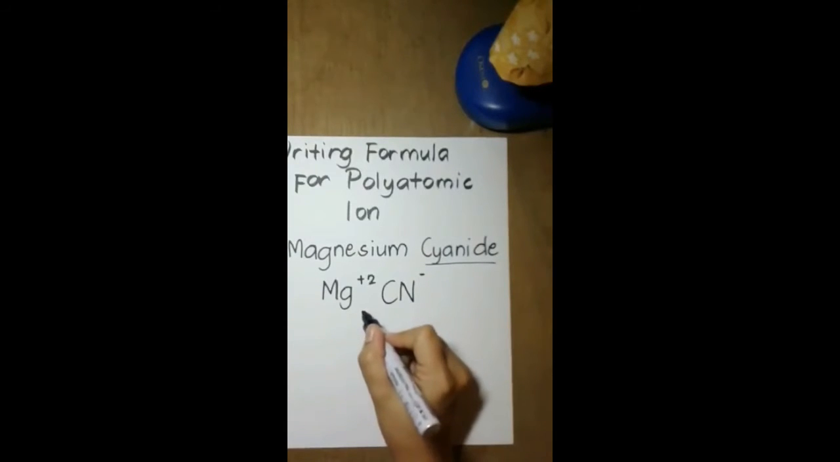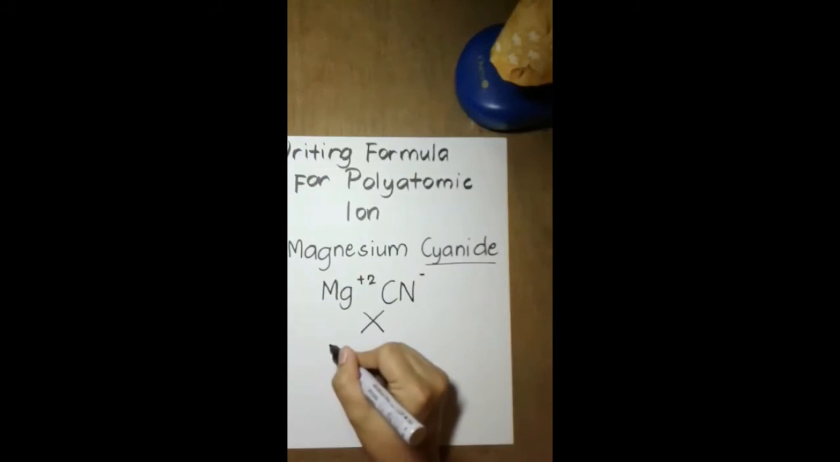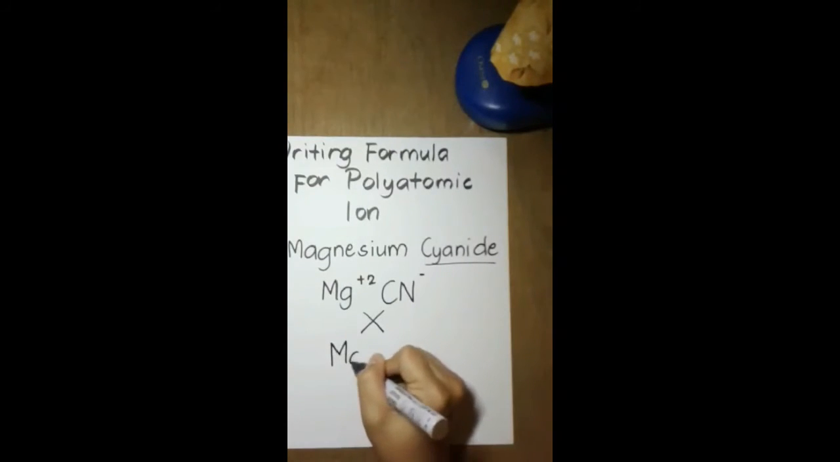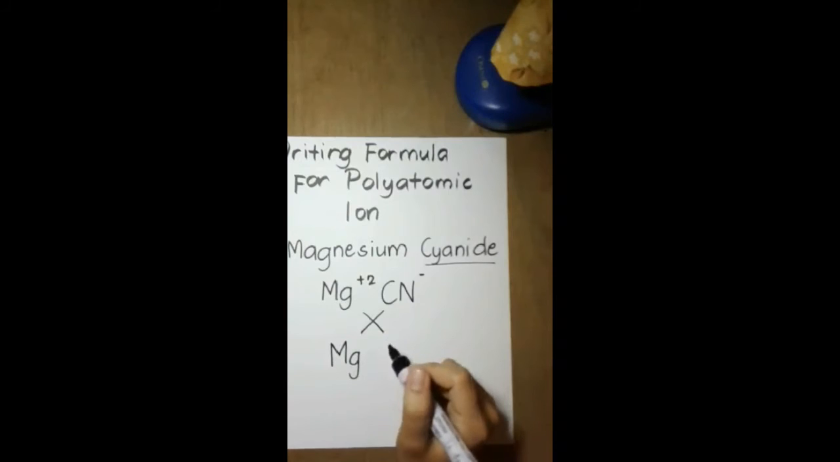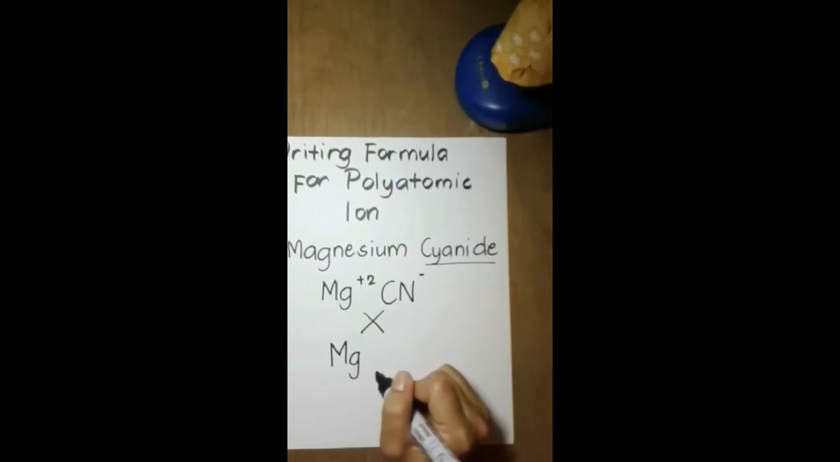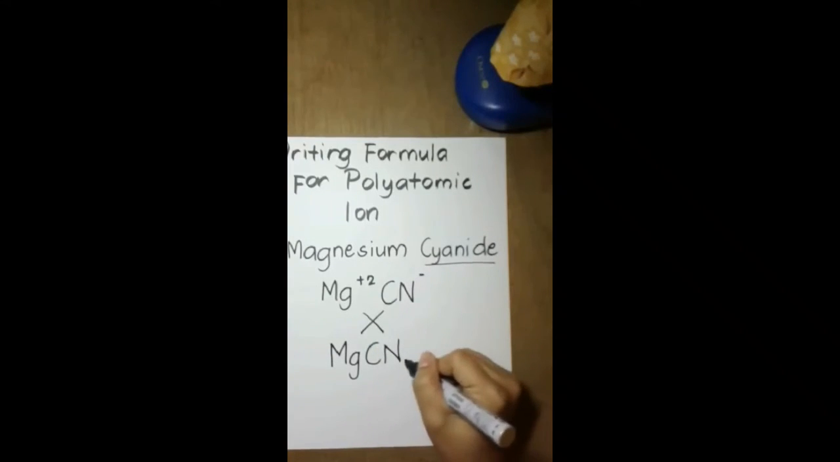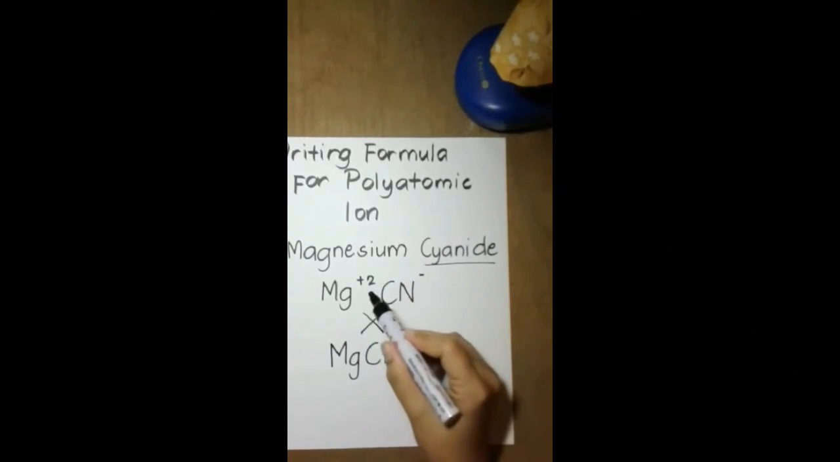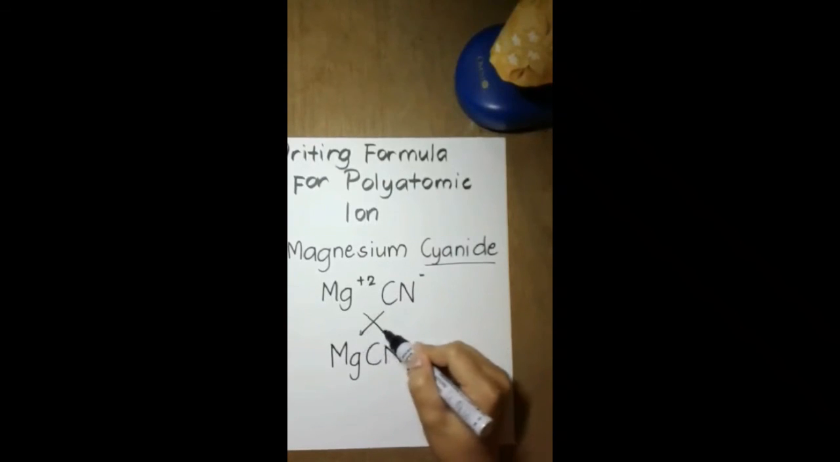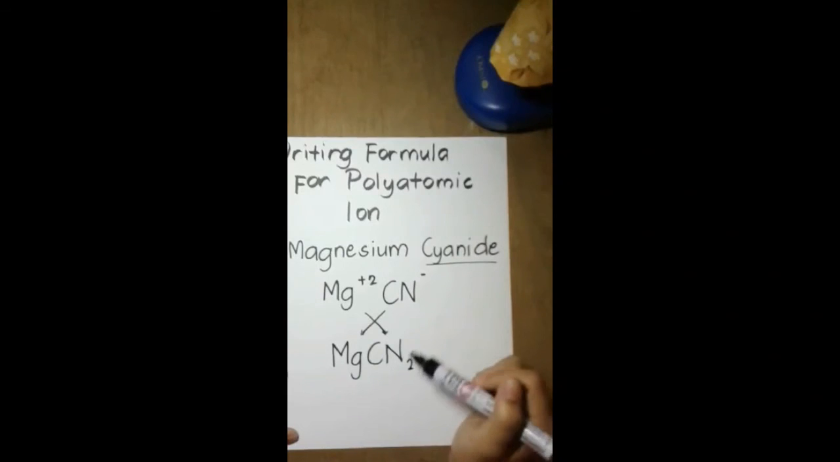If we cross-multiply it, Mg or magnesium will have 1 subscript, meaning there is no need for us to write 1. And cyanide, which has the symbol of CN, will now have a subscript of 2, since magnesium has a charge of 2. So, the formula for magnesium cyanide is Mg